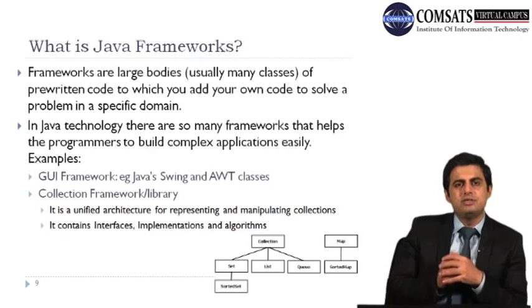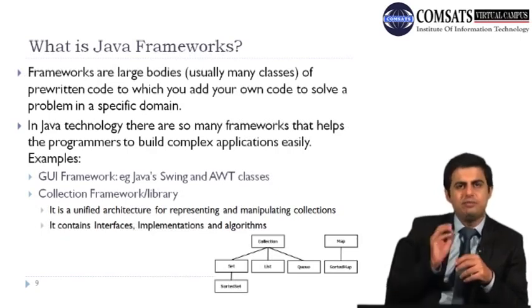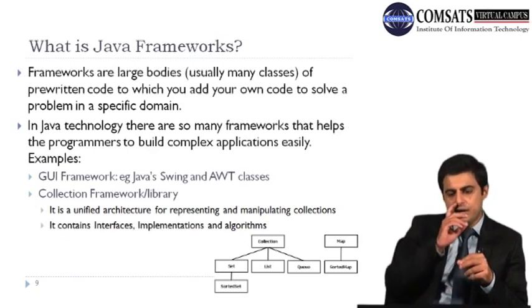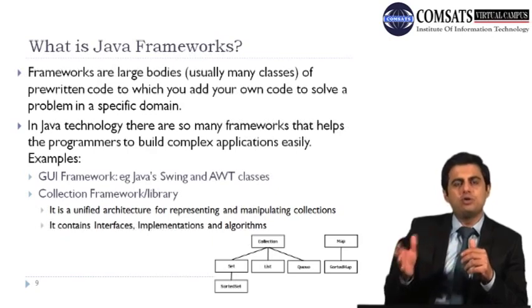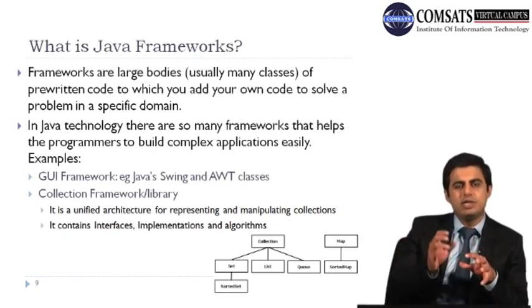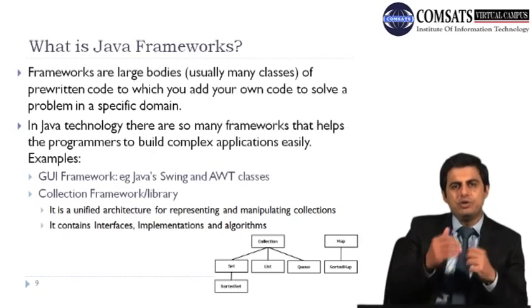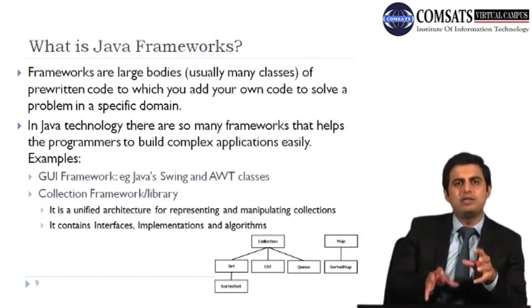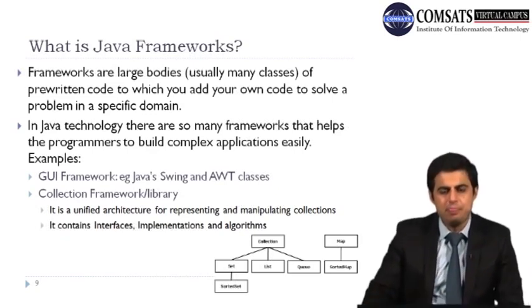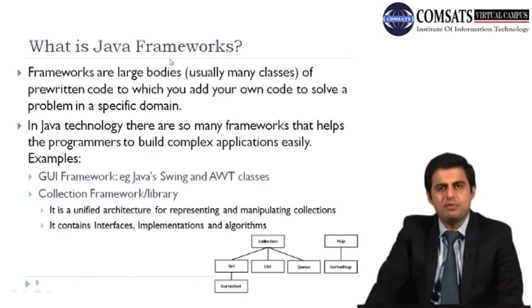Now there are some collections which are type specific, and you have to mention the type before you declare them. If you want to declare a new type which is not part of the code written in that framework, you can override the method where the code is written for typesetting, and you can add the new type in the framework, and then you can add similar items of that new type in the framework. So these were the examples of Java frameworks, and two more popular ones are Java Swing and AWT class, and the collection framework and libraries.